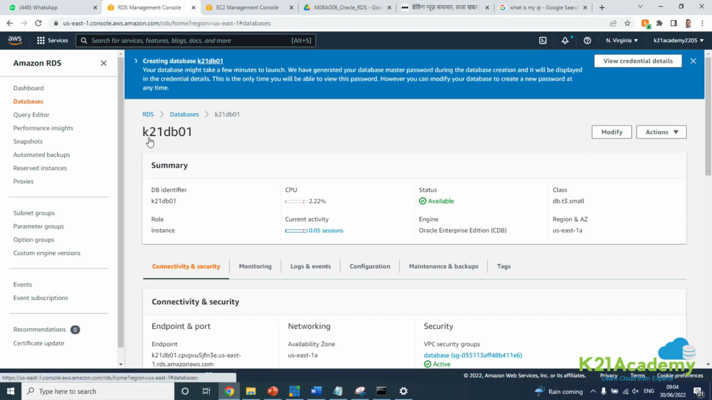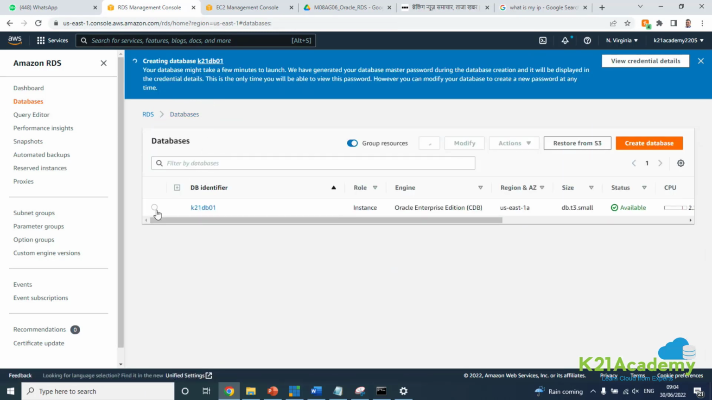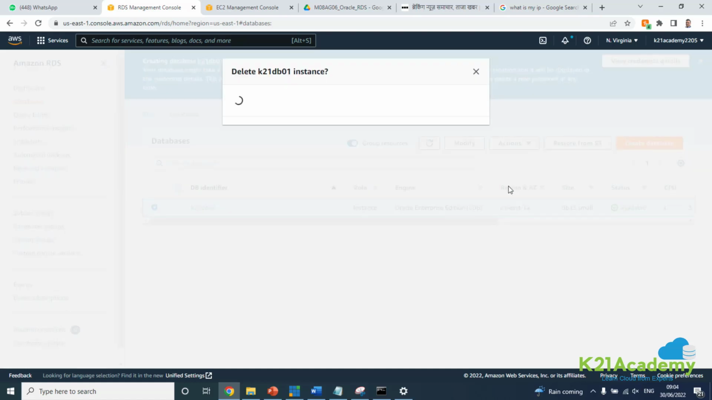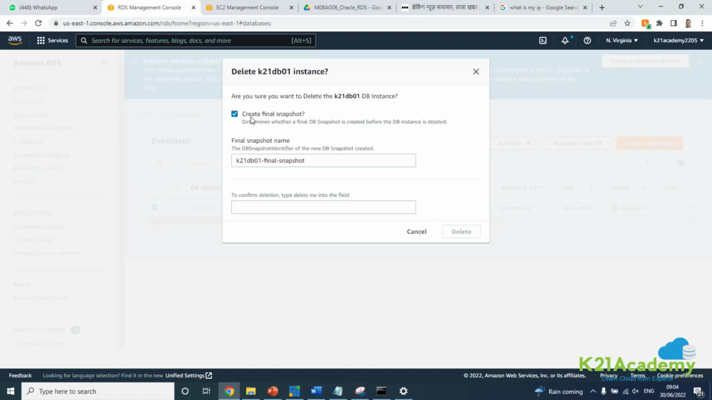So I'm on here, databases, RDS database. I've selected this database here, and from actions, I'm saying delete. You can stop it as well. You can reboot this. You can delete this. You can take a snapshot. Snapshot is a point in time view of the database, and you can do other things as well. So I'm going to first select here and say delete, and it's saying, do you want